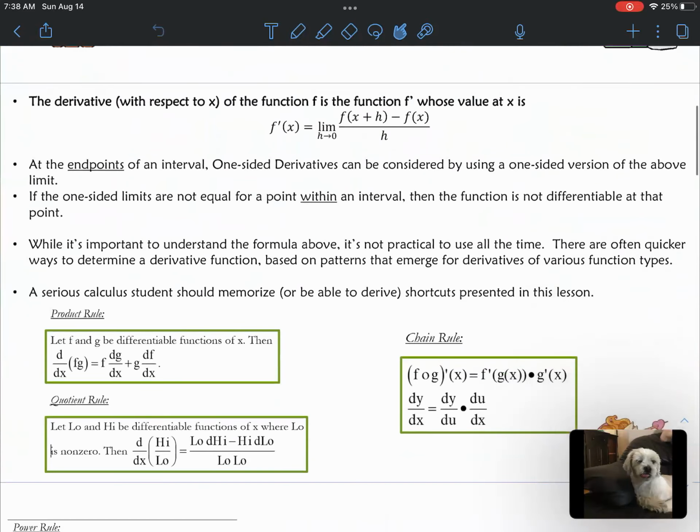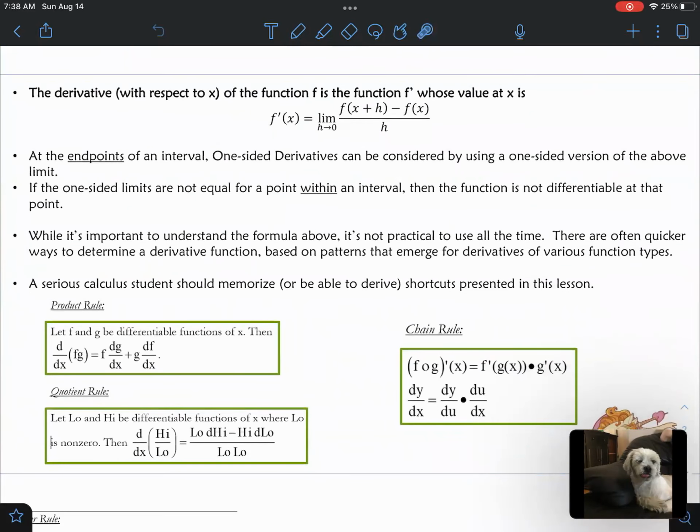In a previous video, we saw the limit definition of derivative. It's essentially the limit of a slope formula from algebra as the horizontal distance between the 2 points that you're plugging in the slope formula gets closer to 0. The points get closer to each other. You should definitely know this. However,